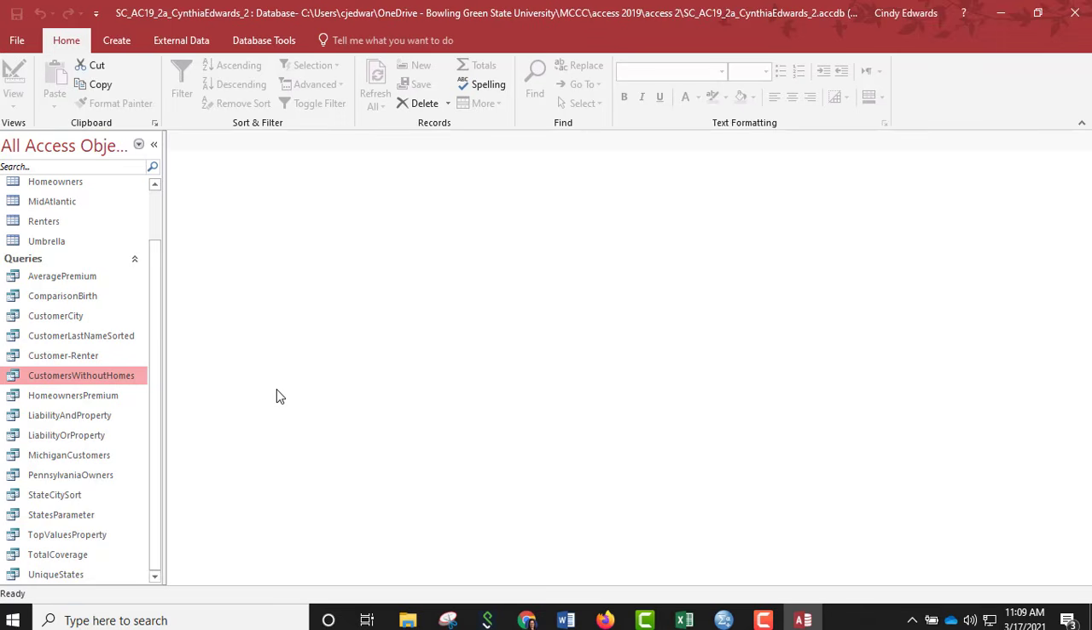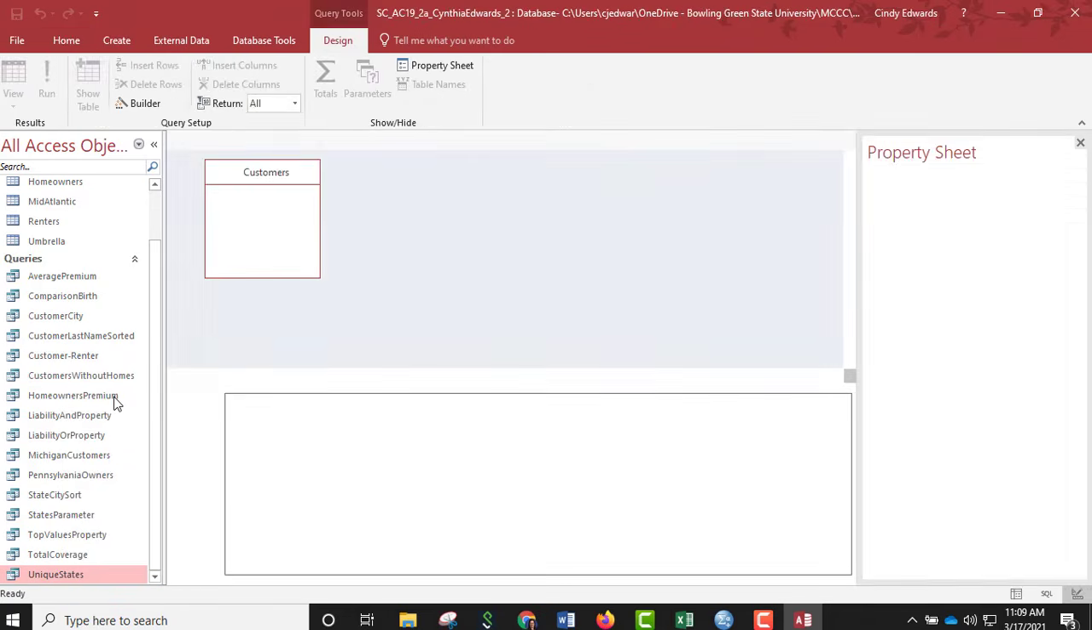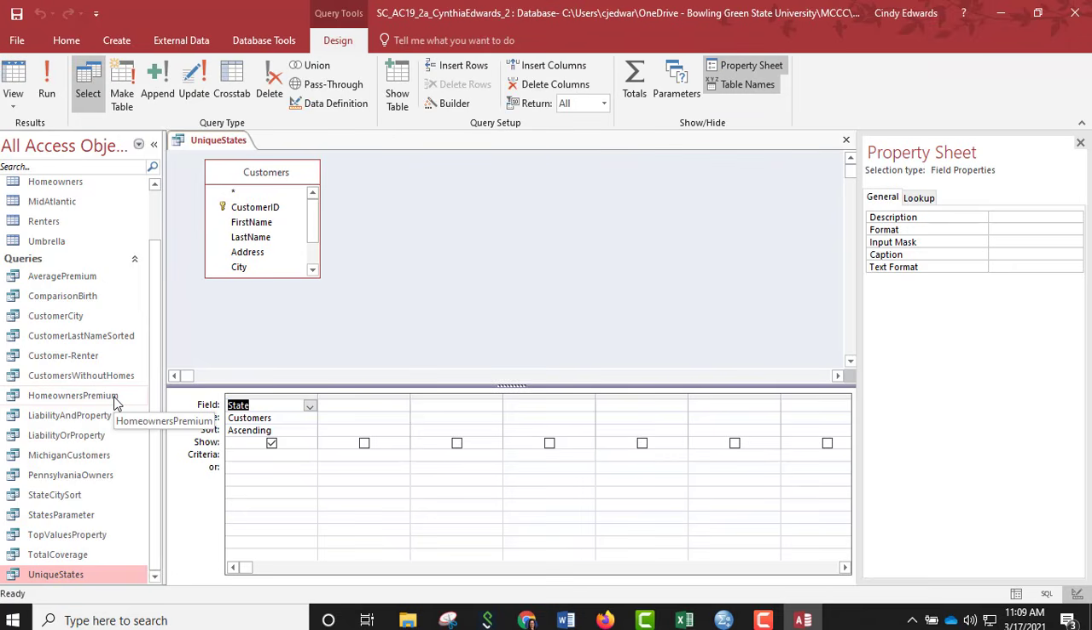15, open the unique states query in Design View. So that's right at the bottom here. Modify the query to list all states only once. Okay, so